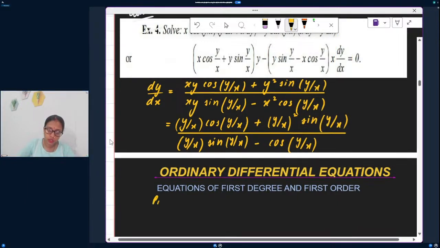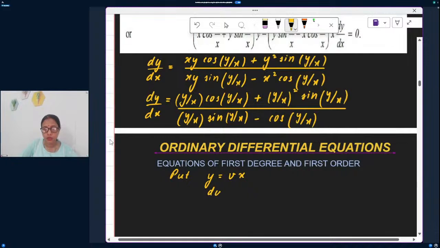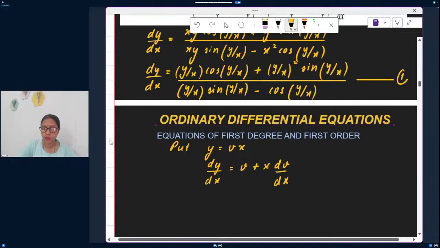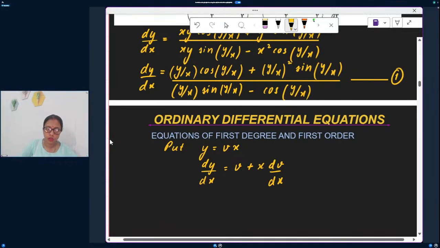Now put y is equals to vx. Put y is equals to vx. So dy by dx is equals to v plus x dv by dx. Equation 1 becomes v plus x dv by dx is equals to, now if y is equals to vx, then you can see